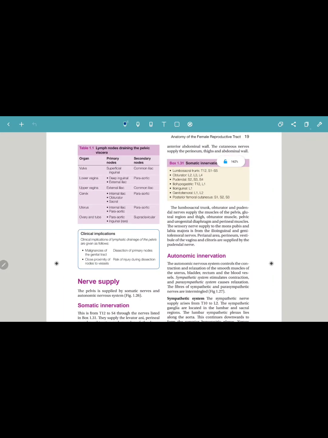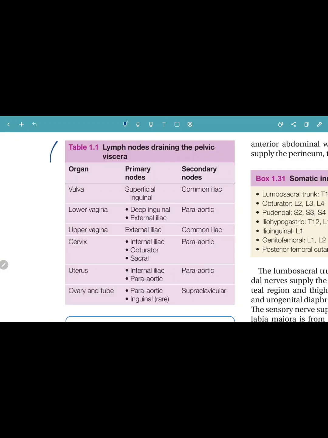So if you see a brief about the lymph nodes draining the pelvic viscera, you have primary nodes and you have secondary nodes. So primary nodes, the vulva is going to be superficial inguinal nodes. Okay, vulva will be draining into the superficial inguinal nodes primarily and common iliac nodes secondarily. Whereas your lower vagina